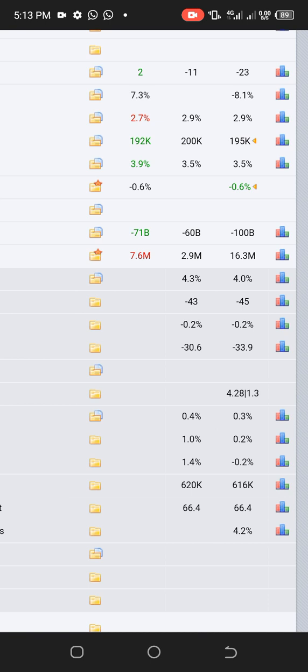When you are trading news, all you have to do is have a particular laptop for your trading, while a cell phone or another laptop is for checking your news. That's all you have to do. A particular laptop for your analysis, while another laptop is for your news. At that particular time, you go and refresh your page. You have to be fast enough to know when to enter the market.